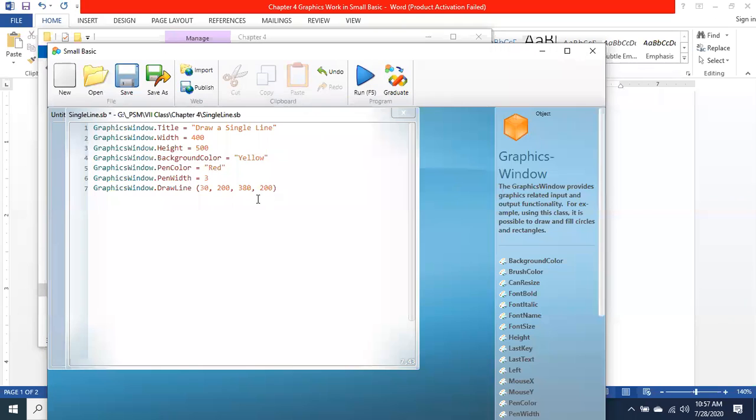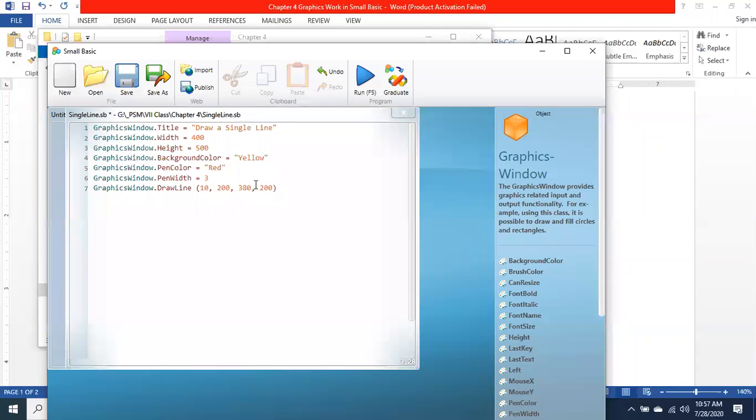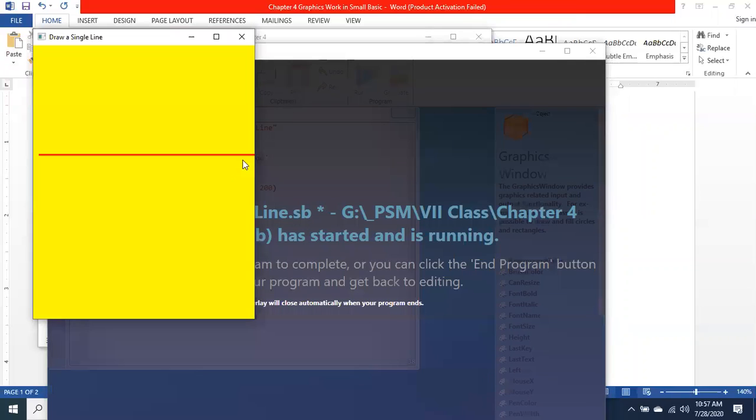Now see, if we make some change in the x-axis, if we start from 10 instead of 30, then the line will start from the very beginning. Now see, it was starting a little ahead of the corner, and now it is starting from the very beginning. The ending position is 380. If I make it 400, it will go right to the end. Changing the position on the x-axis, now see that it is going out. We have changed the position on the x-axis.